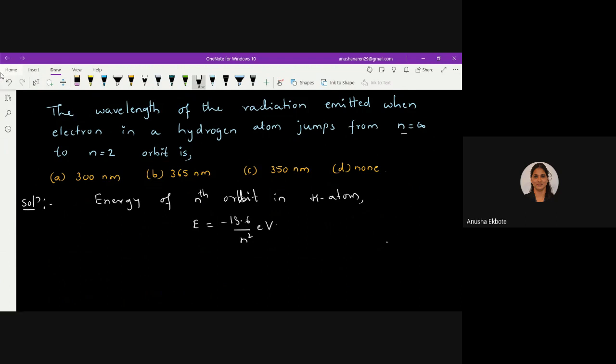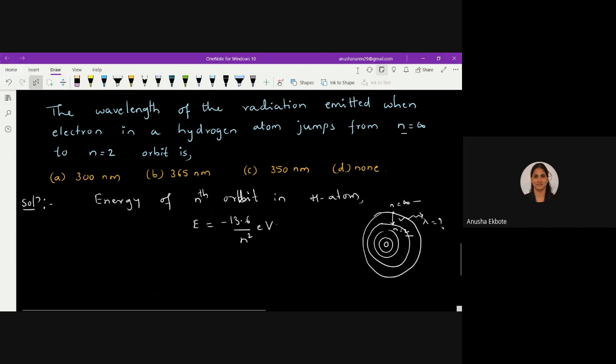Let us picturize this. This is the structure of the atom where you have the n number of orbits. If we say any electron transits from a higher energy state to a lower energy state, it loses an amount of energy, and that comes out in the form of a photon. So that is what we need to find out, the wavelength of this coming out photon from n equals infinity to n equals 2 level. For this, we have to find out the energy of infinite level and the energy of the second level. The difference of these two will give us the energy of this photon, which we can easily find out. So let us try to do this.